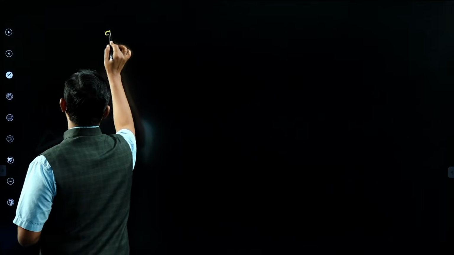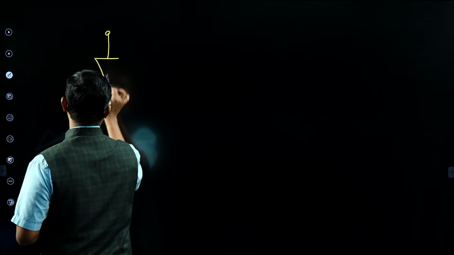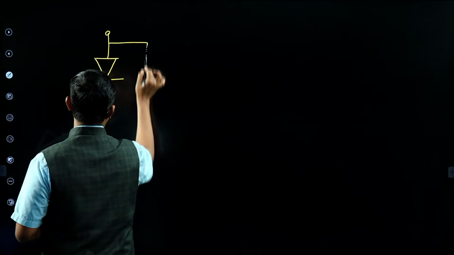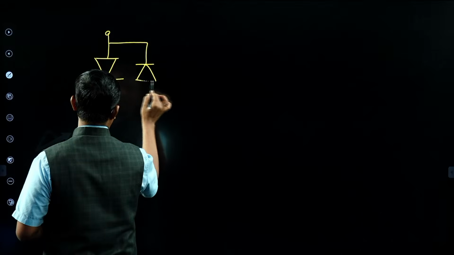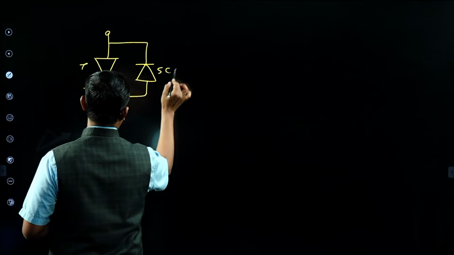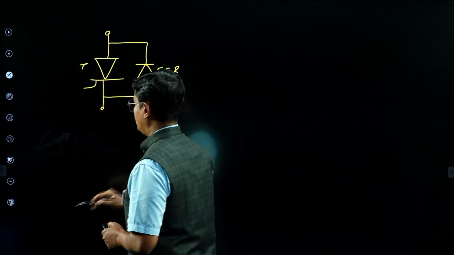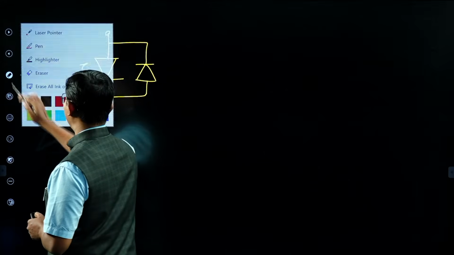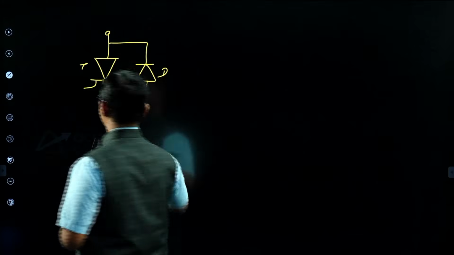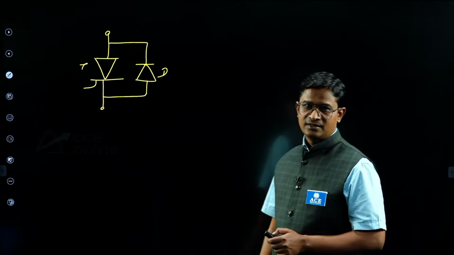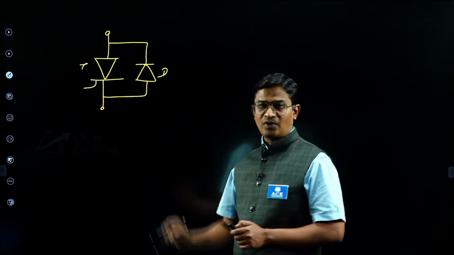Check, in case of thyristor and a diode, if I connect in anti-parallel, yes, of course this should be the diode, not the thyristor. Yes. So this is a thyristor and diode anti-parallel, right? In this case what happens,